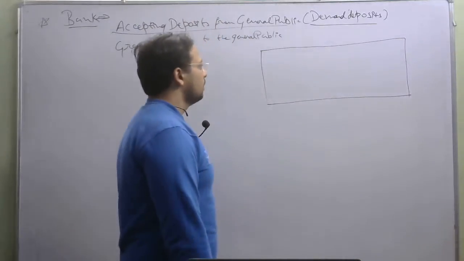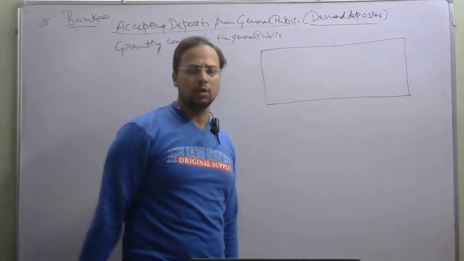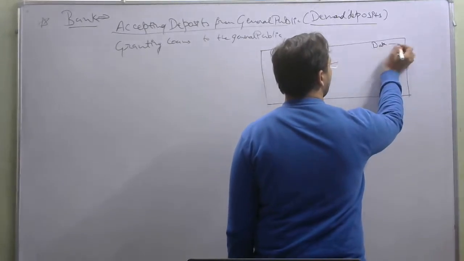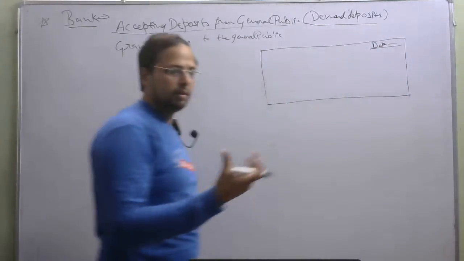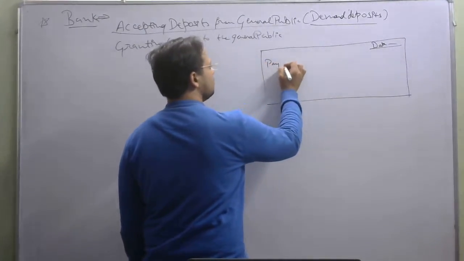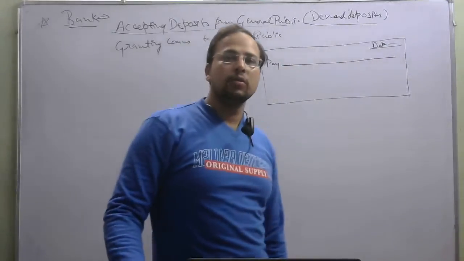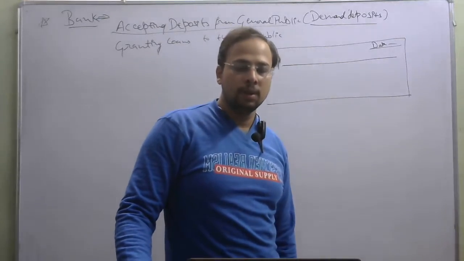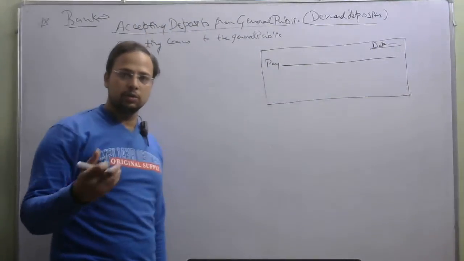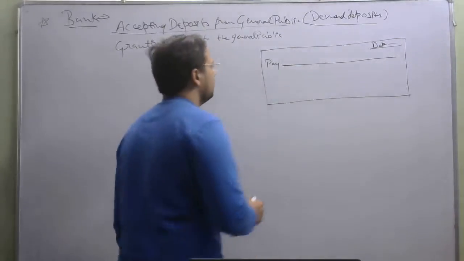See, the check will have basically three columns. The first column will be of the date, on which the date of the check will be written. On the next line there will be "pay", and in this column the name of the person to whom the check is to be paid will be written. Okay, right? And if the person whose account is in the bank is withdrawing it by himself, then he will write "self" there. Then he will write rupees,